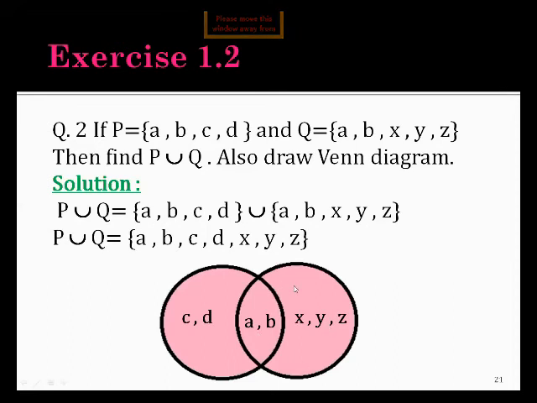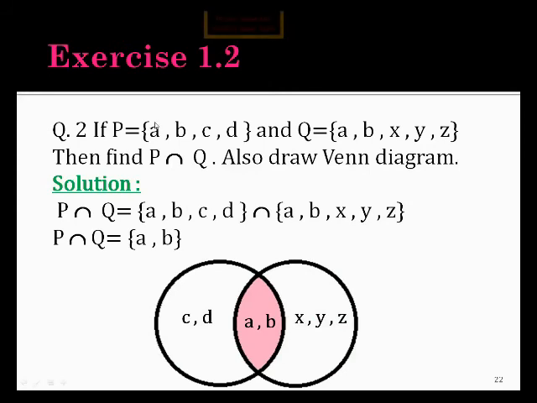Now in this portion, we only write those elements which are present in the second set, which is the Q set. So X, Y, Z are present in the Q set. So here we write X, Y, and Z. Now the middle portion of this Venn diagram represents the common elements in both sets. So here we write A, comma B. As you see, students, I colored all the parts of these circles, so they represent the union of these two sets.